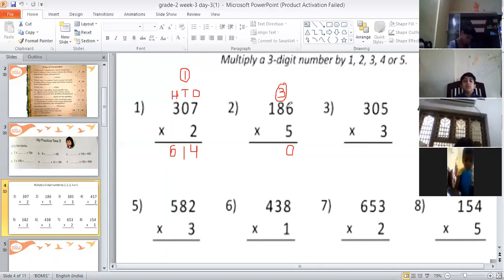Shri Hasan, 40 plus 3? 43. Very good. So we will write only 3 here and 4 will go as carryover in hundreds place. Now 5 ones are? 5. 5 ones are 5 and we will add this 4 also. So 5 plus 4 is